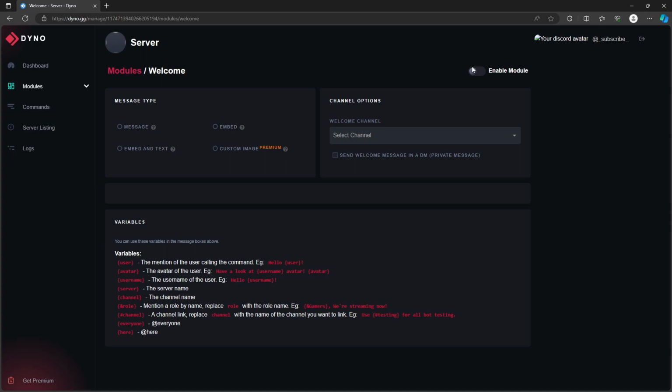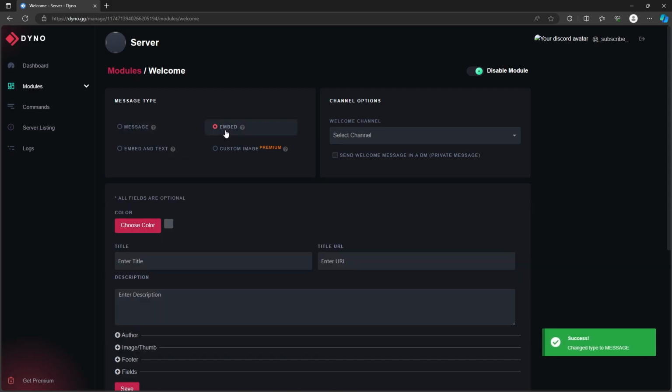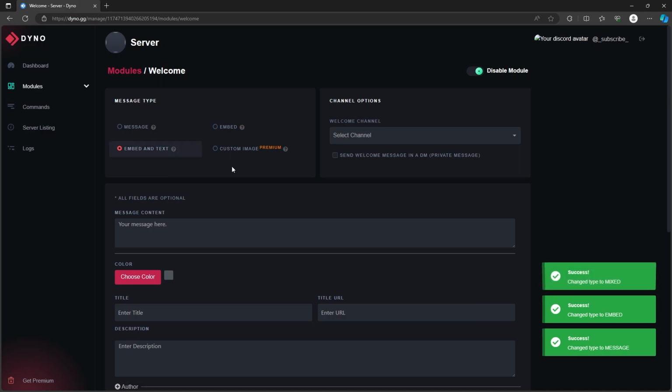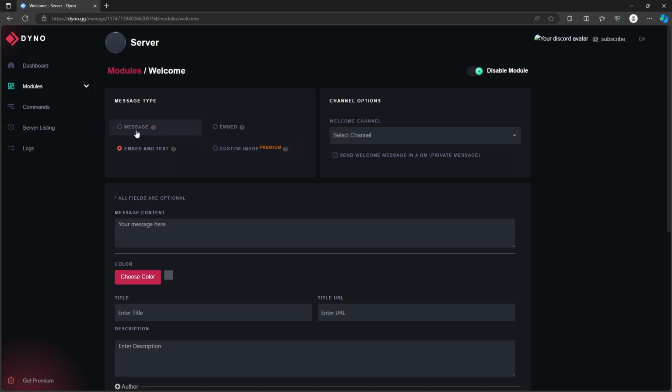Over here in the top right corner we have to enable the module. Okay, and now we can select the message type. We can just use a simple message text. We can use an embed, we can use embed and text, and if you have a premium of this bot, then of course you can use custom image. I'm just gonna use a default